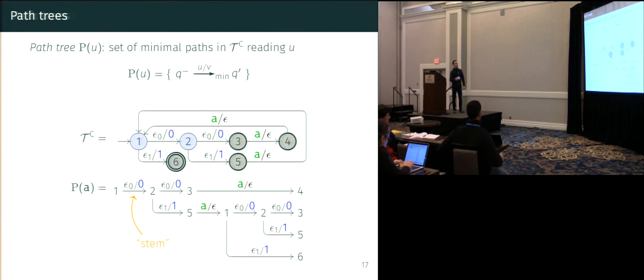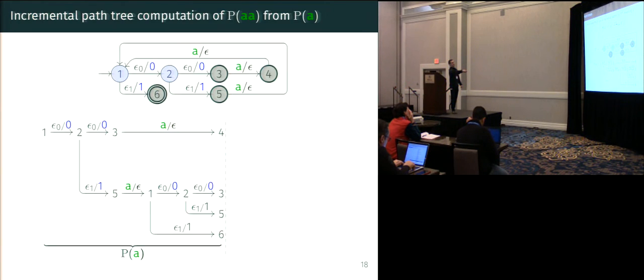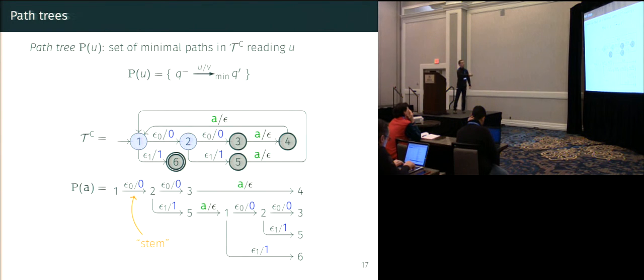And such a set can be drawn as a tree as follows, where we draw shared prefixes of paths by introducing branches in the trees, and we order the tree in lexicographic order, such that this is the least path, and this is the next one in the order. Such a path tree has a stem,